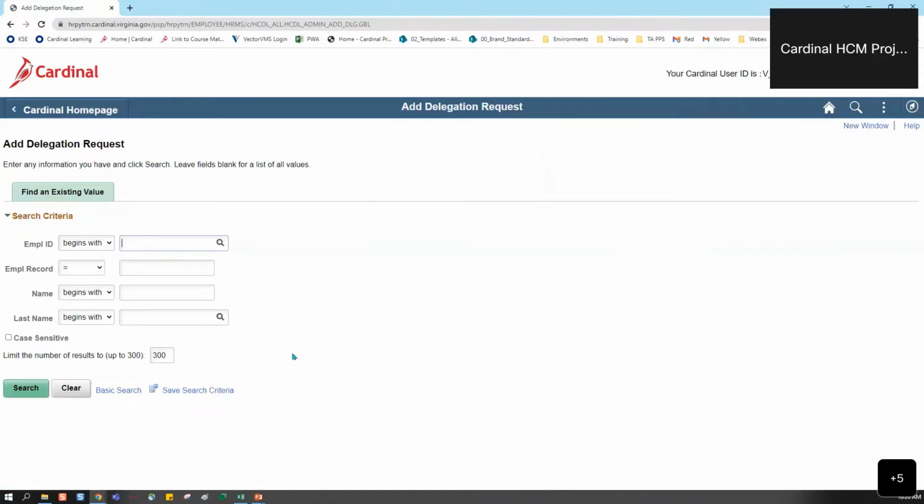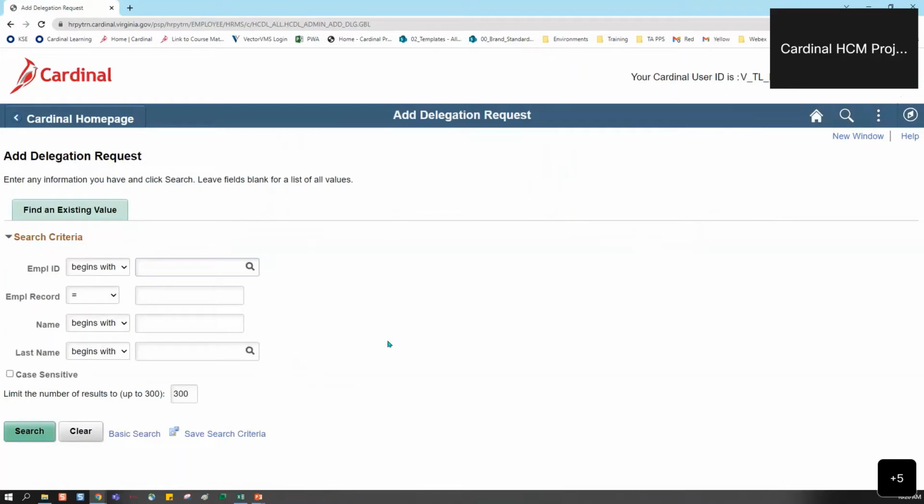So here's the first thing that I want to remind you about. I'm going to make this a bit larger so you can see. When we are adding the delegation request, we have to search first by employee ID. The employee ID that we are entering here is the employee ID for the supervisor who we are delegating on